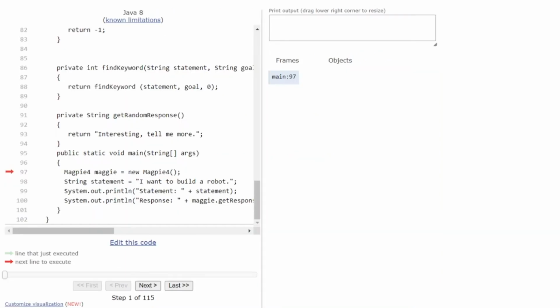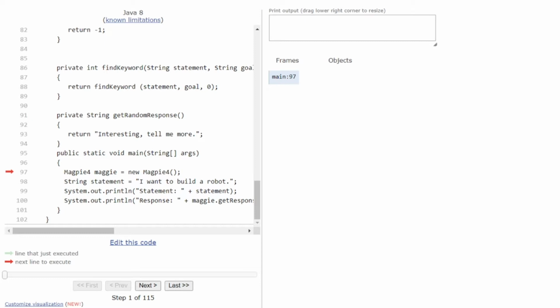What I want you to know is the statement we're looking for is I want to build a robot. All of the things that we previously coded in still apply. It's still going to look for some keywords like no, blank responses, brother, mother, sister, father. Now we're just adding the I want to. This is the same thing as the previous one where we looked for the word cat and catch. Instead of looking for a word, we're looking for a phrase. Kids, it is the same thing.